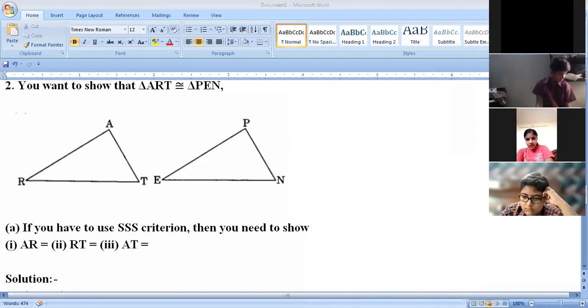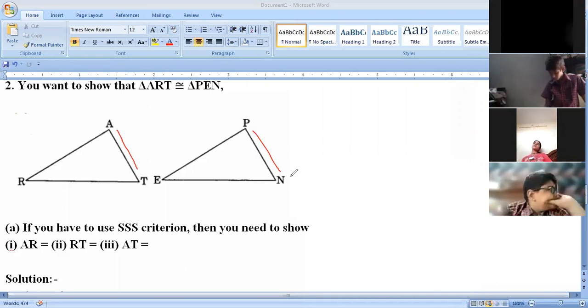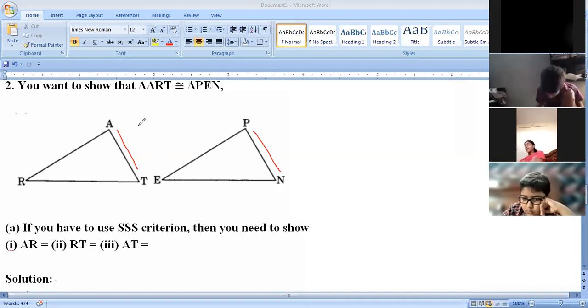If it is given that AT is equal to PN and you are to use the ASA criterion, you need to have 1 and 2. Yes. So accordingly, we have to use ASA criteria. That means AT side is equal to PN. This is only given. So the angle side angle criteria we have to use here in this question. So which angle should be equivalent to which angle?